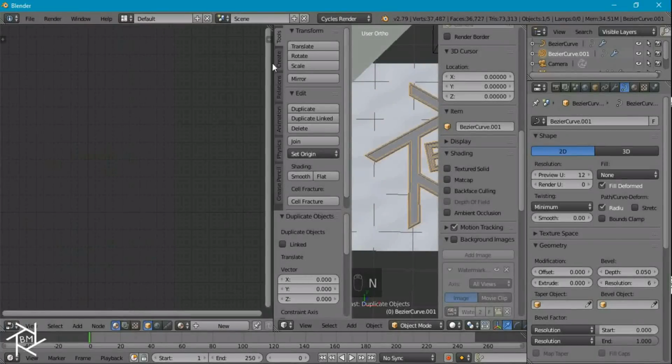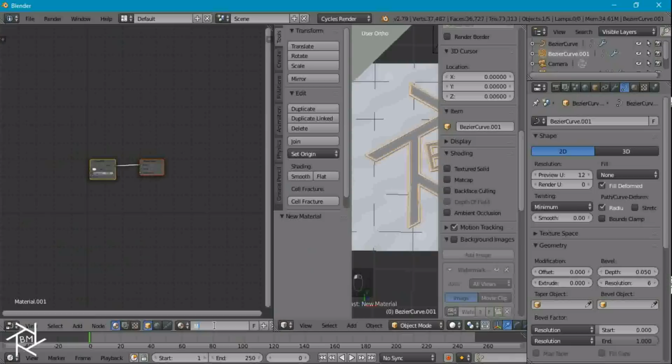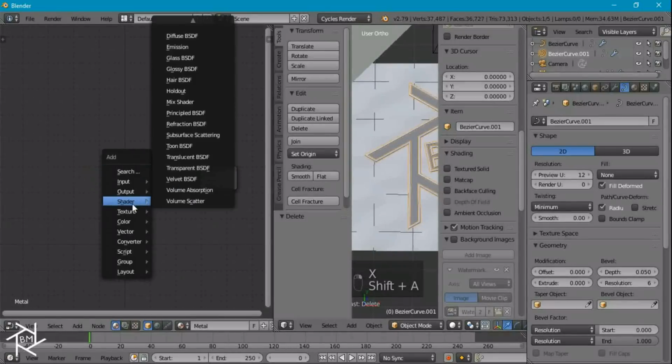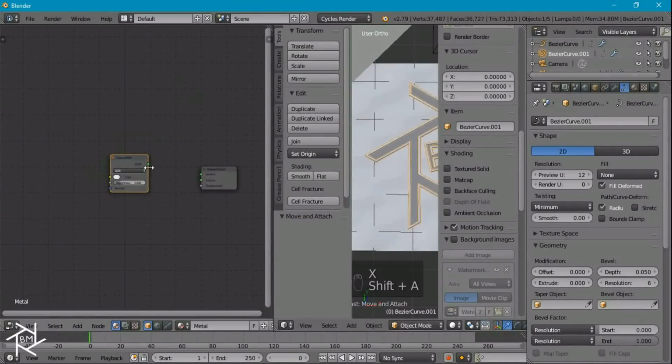I'll press N to get rid of that tab here. And with our outline selected, we'll click New. And we're just going to name this Metal. And I'm going to delete this diffuse shader, and instead we're going to add in a glossy shader. And let's make sure this is set to a pure white color, and we're going to change the roughness to